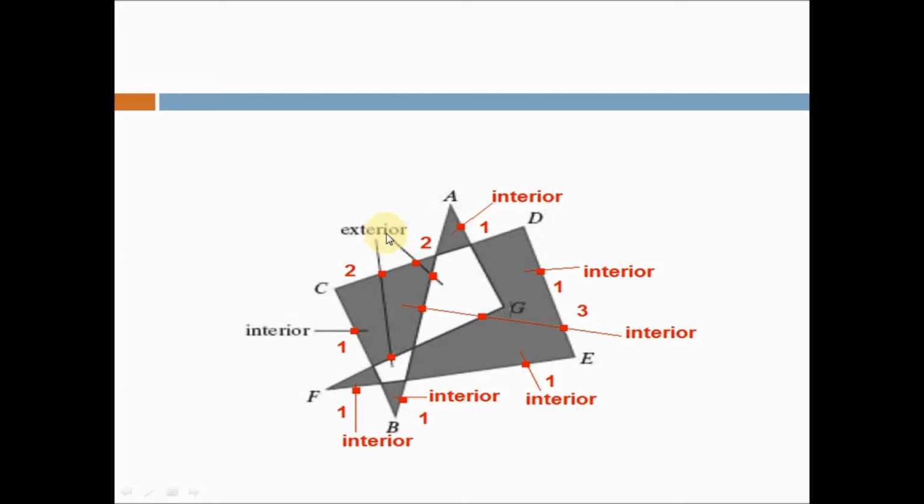In the same way, we can apply the same rule for this region that is in the white color also. Here also I am drawing the line, that is the first step, in such a way that it moves outside the polygon. Now I will find the crossings, that means intersection points. Here it is intersecting with this edge, this is one intersection point. Here it is intersecting with another edge, this is the second intersection point. Here also the number of crossings is 2. Again, if it is even, what does the rule say? This region is also exterior.